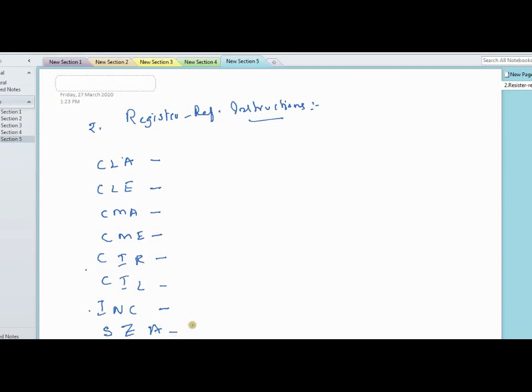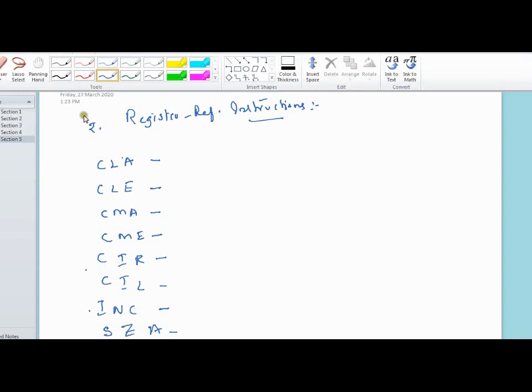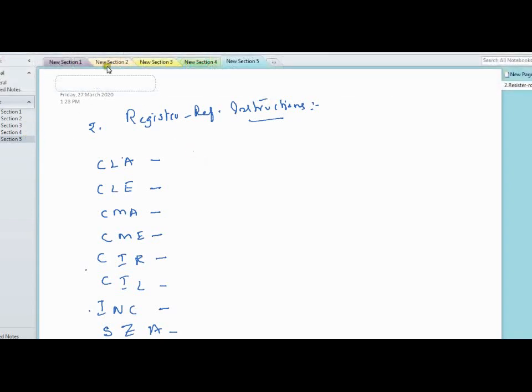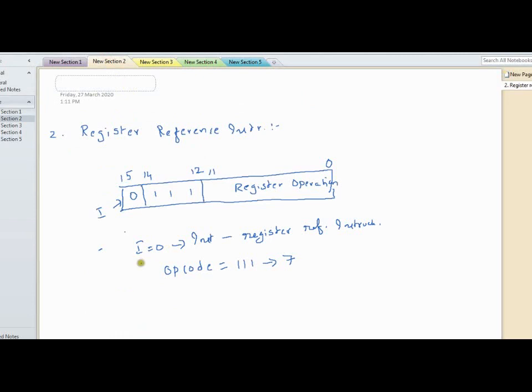Now we will give a binary opcode to each instruction. For these register reference instructions, we don't need direct or indirect because we assume only direct addressing mode. For designing the basic computer, we assume direct addressing mode only, for simplicity. So you can assign an address as per these rules.